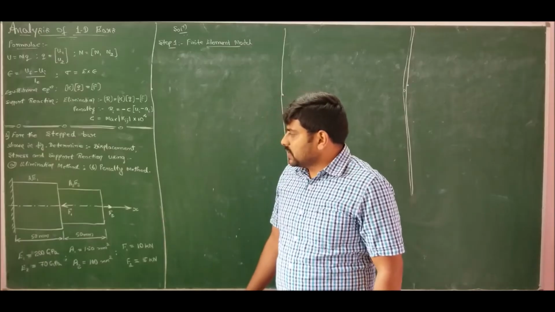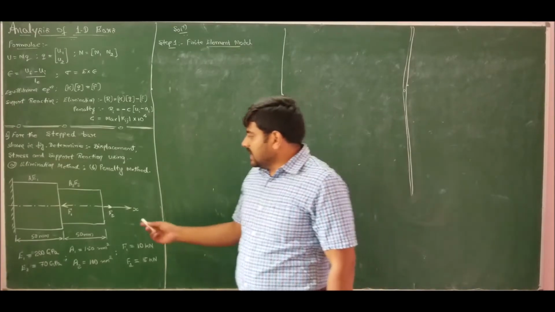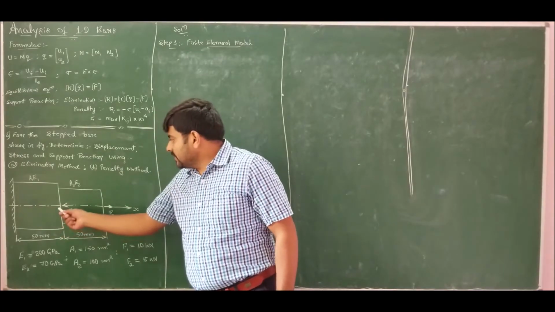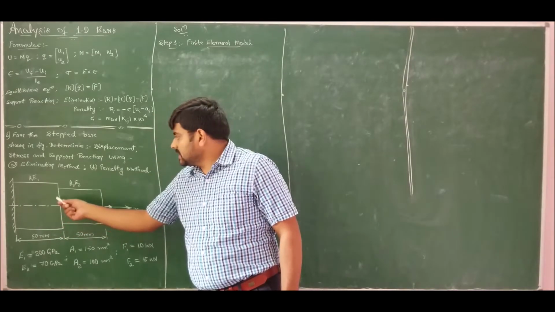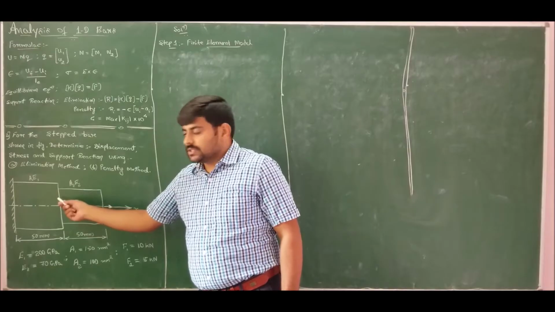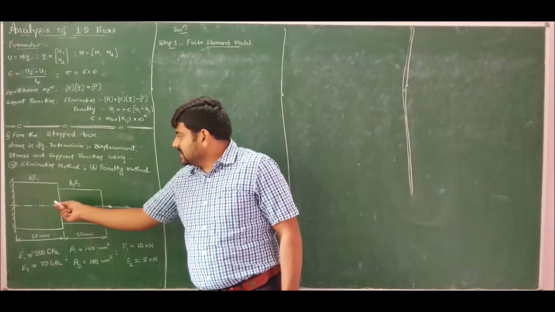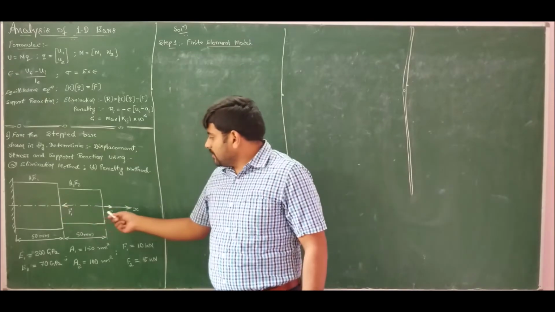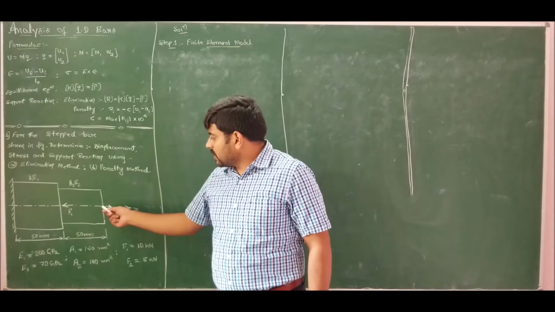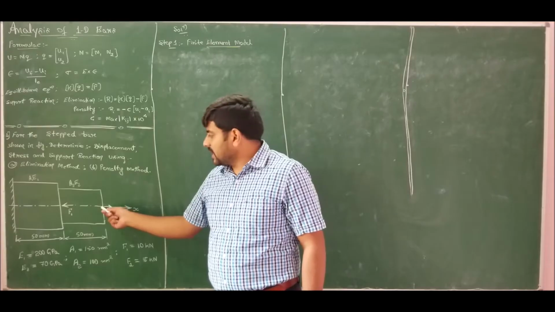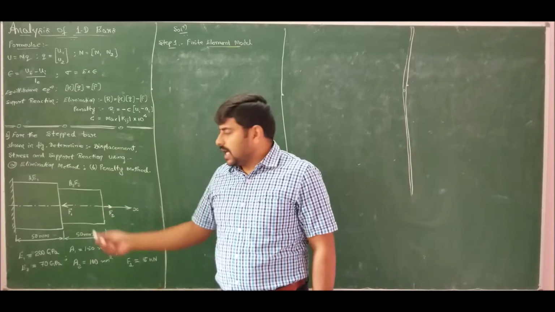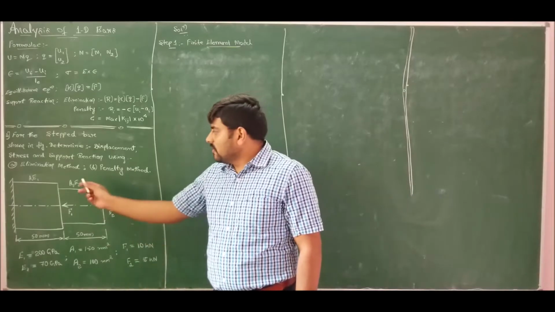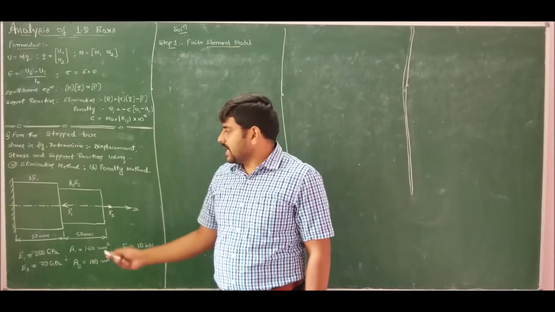As per the rules to place the nodes, since we have a fixed end, I should place a node there. Here we have application of a point load and also a change in cross section area, which means there is a material discontinuity, so I should place a node here. I am also applying a force F2 at this point, so I should place a node here. Therefore I can model this problem using 3 nodes and 2 elements, and these 2 elements are different in nature because we have different cross section area and different Young's modulus.